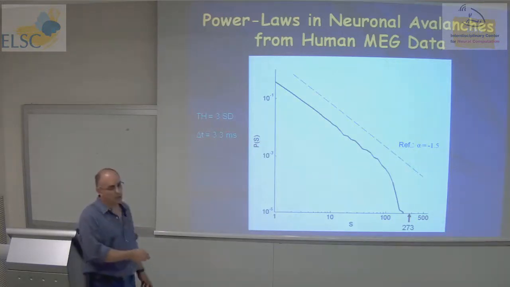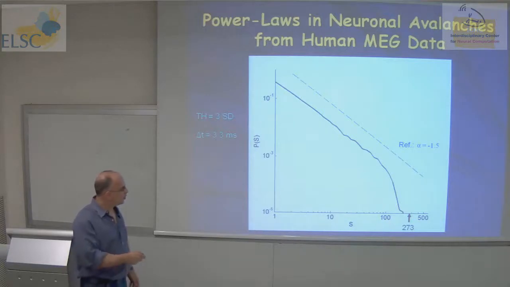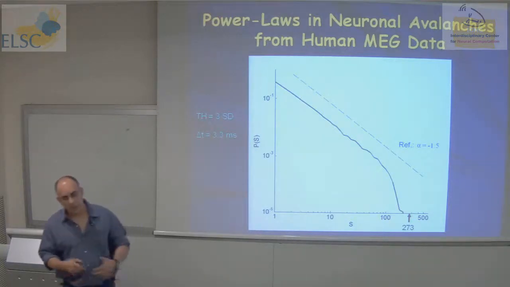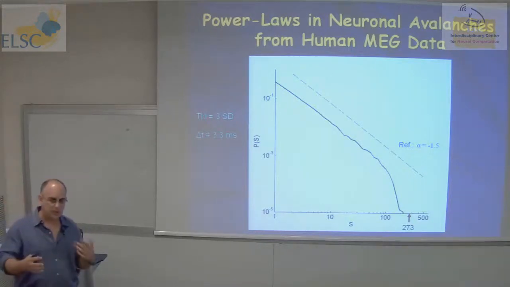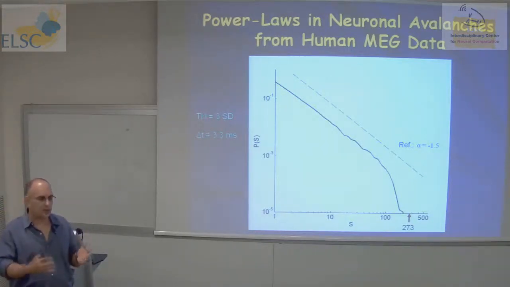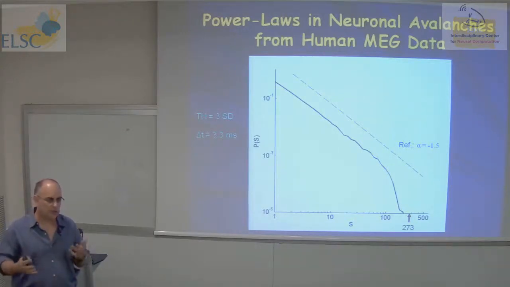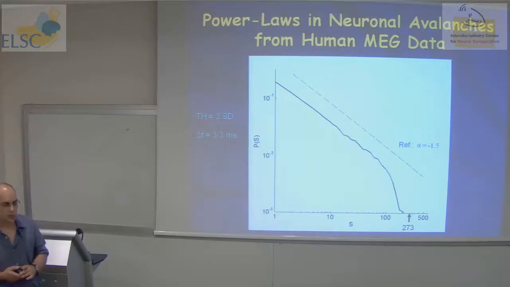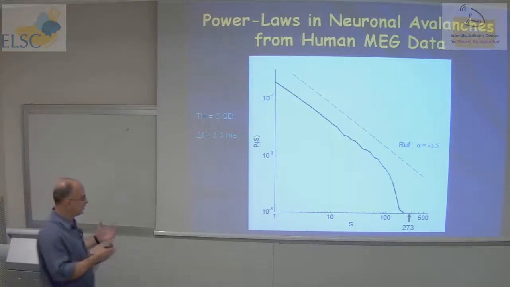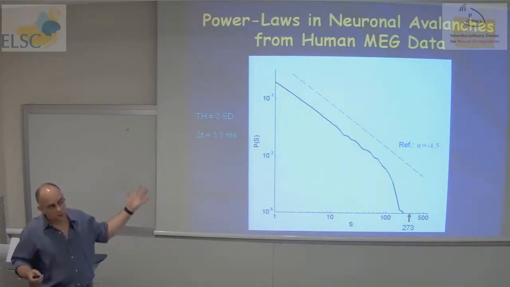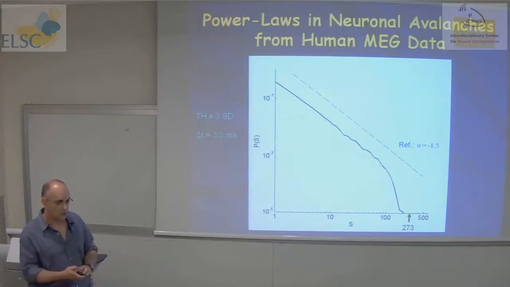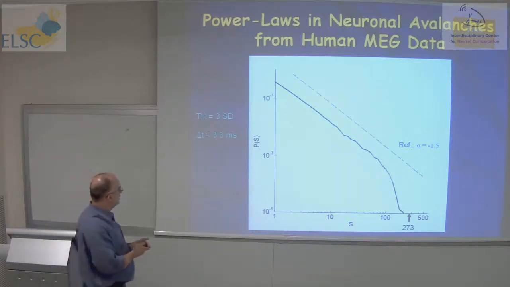And you see that there is a cutoff. The cutoff happens close to the system size. It's related to the fact that we don't see reverberation. Typically, when we have a cascade, one sensor participates one time in a cascade. Sometimes it participates twice, but this is the rare case. So you typically don't see cascades that are larger than the size of the array. Now, that's the important result. We get this kind of power law. Now, I want to convince you with some controls that it's robust, and then we can discuss more the meaning of that.